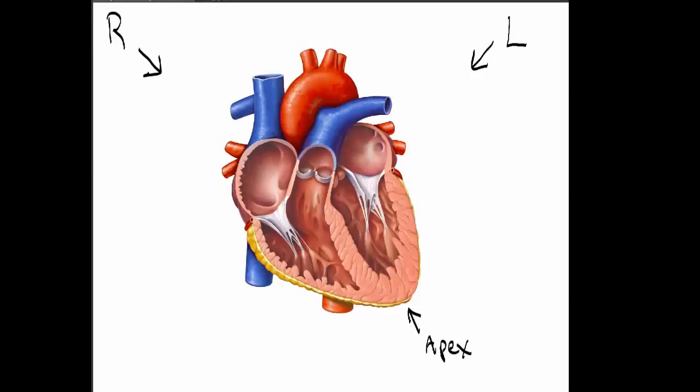That's why when you say the Pledge of Allegiance to the flag, you put your hand slightly on the left side of your chest. Actually, the heart is located more in the center, but this pointy apex is slightly towards the left. So what are the components of the heart? Well, the heart has 4 chambers. We have up here